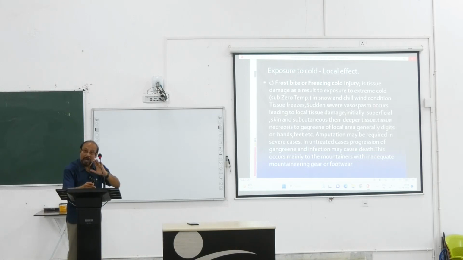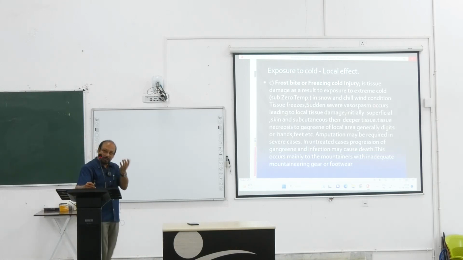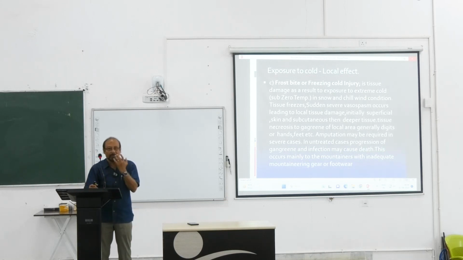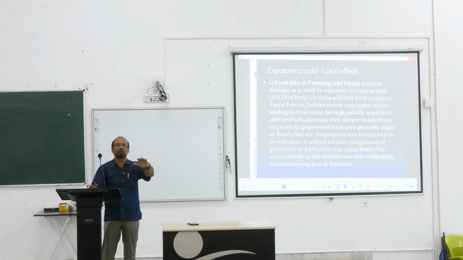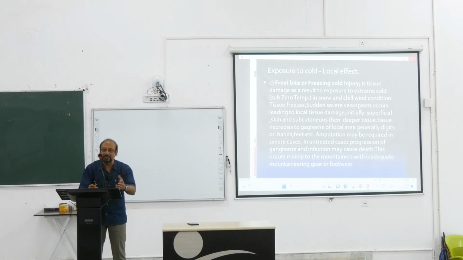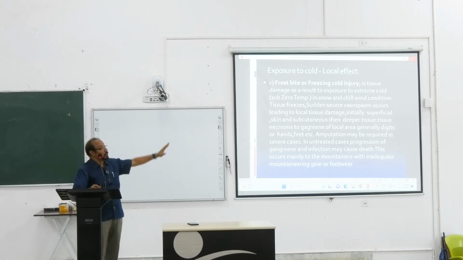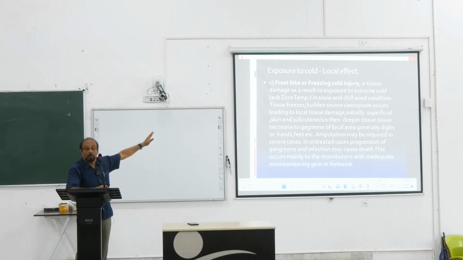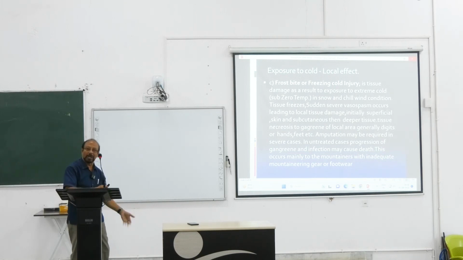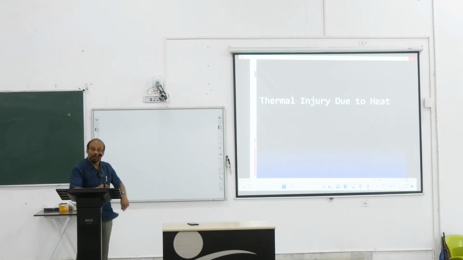So in frostbite, you first try to salvage the area, and then try to prevent it from progressing further. The best attempt is to prevent the fatality. Frostbite is a more serious cold injury with local effect: only a digit may be lost, sometimes the hand, sometimes the total limb. It depends on how it progresses. So it is very important. We shall not discuss it further.